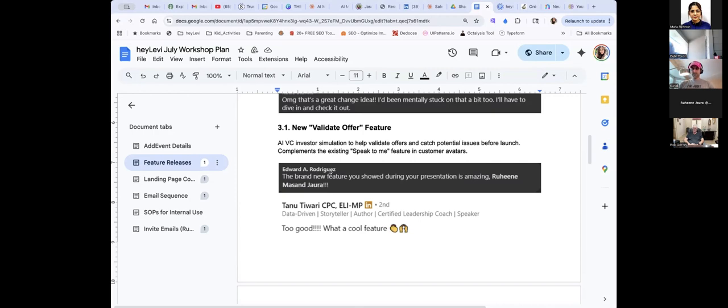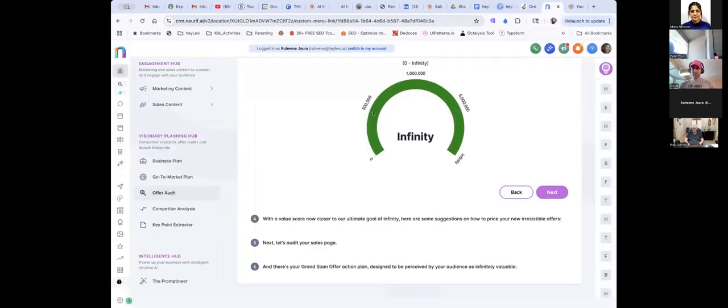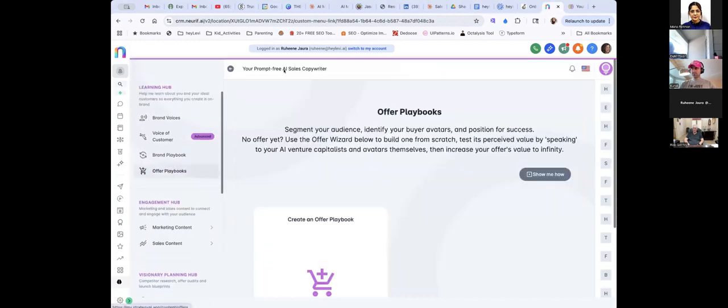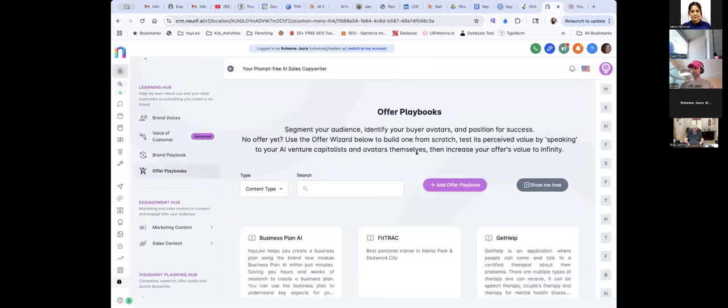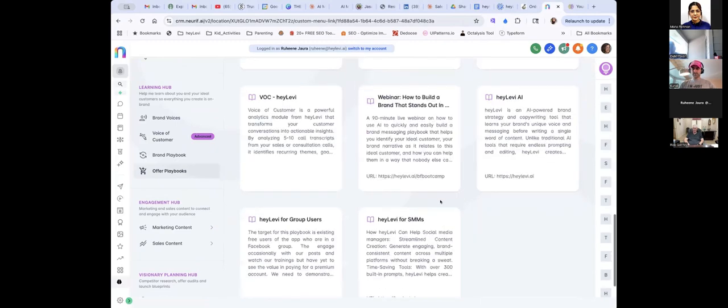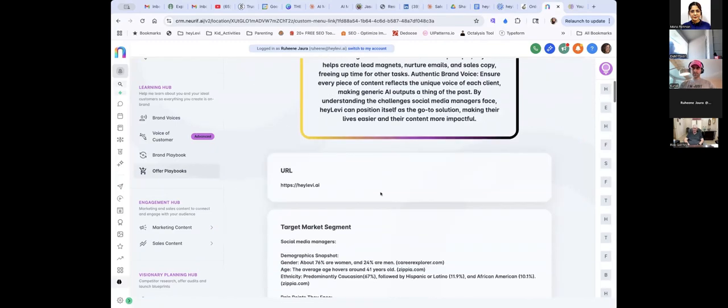I mean, if you had the choice, you would probably want a female investor telling you how to build out your offer and perfect your offer. What I was going to say with that is you can actually go into your offer playbooks. Let me go back to that really quick. And you can choose. So when you start the validate offer feature,